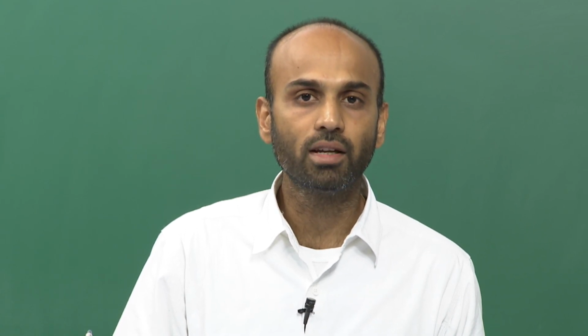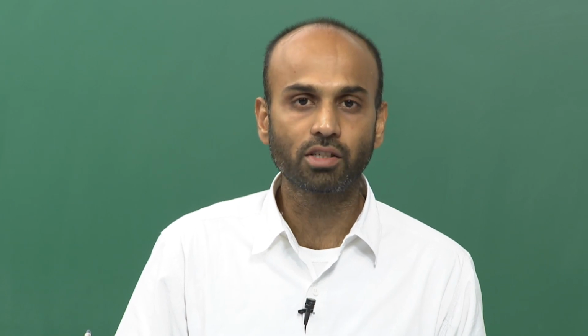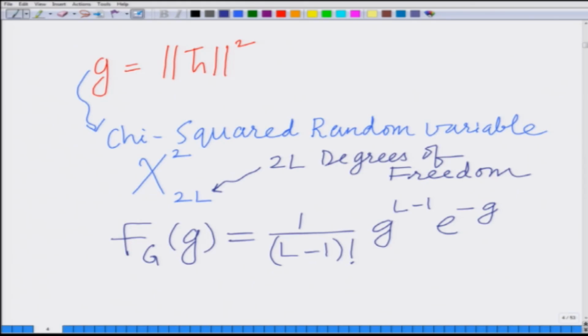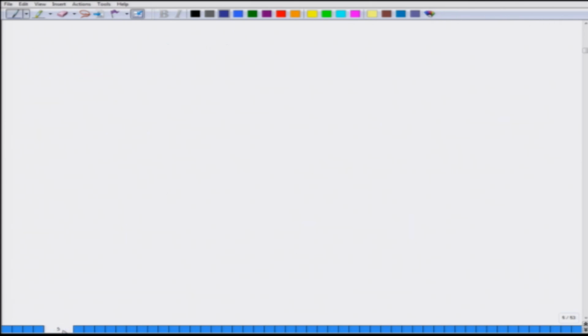This is the probability density function of this effective gain G. And therefore, we can now write the received SNR, that is our SNR after maximal ratio combining, as